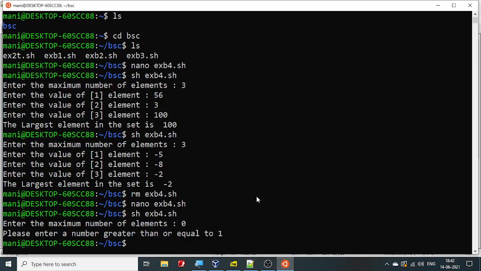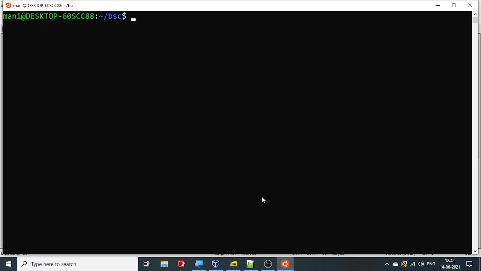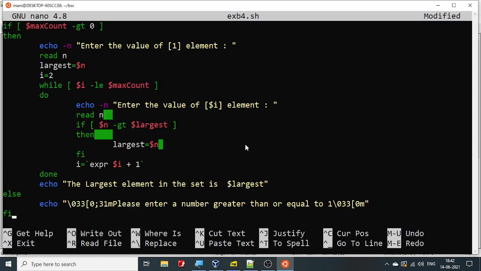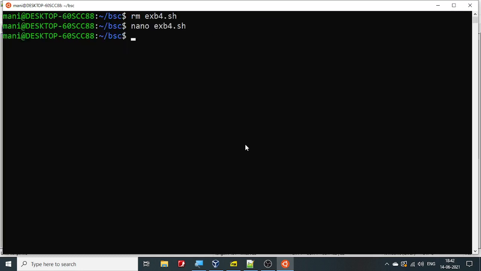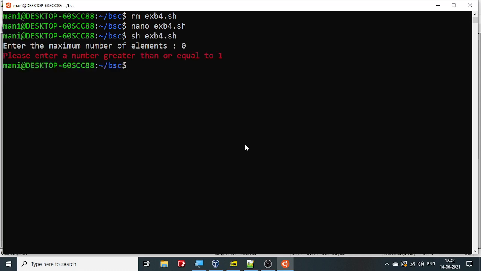That's all. All the work is done. So you have done your work. Just make the things a bit beautiful. So I'm going to just paste it, and Control O, Control X, and sh exb4.sh with 0, and I want to see, okay, so this is what you get: the error message in red color. Okay, that's all. It's a very small program. You can try it